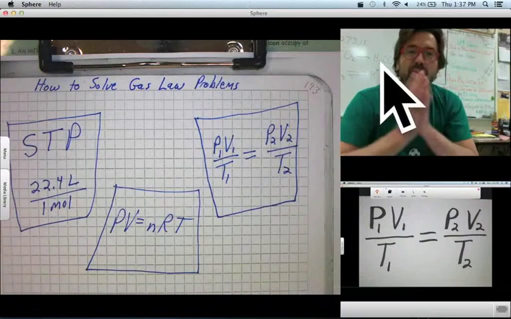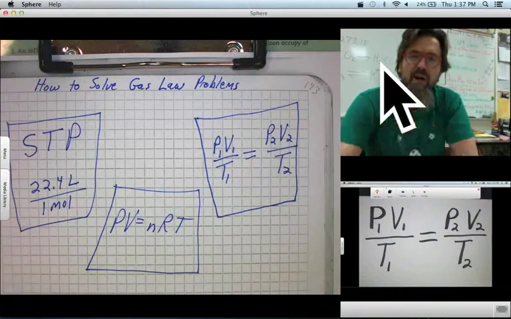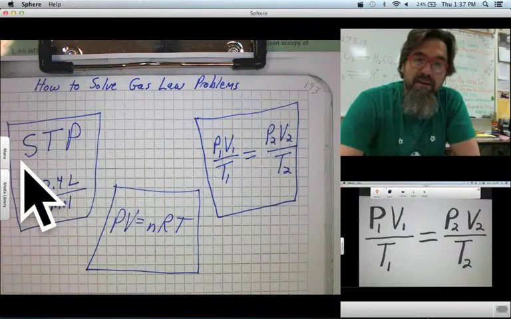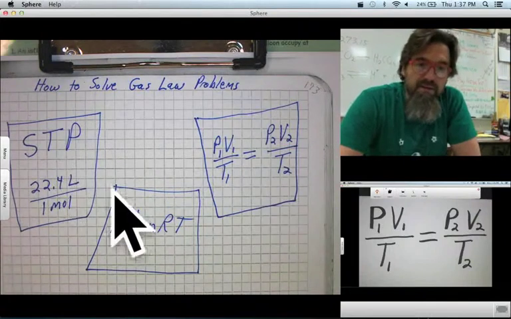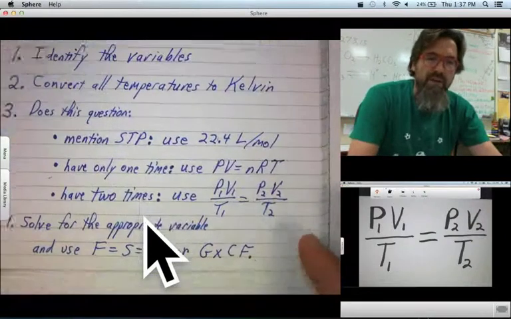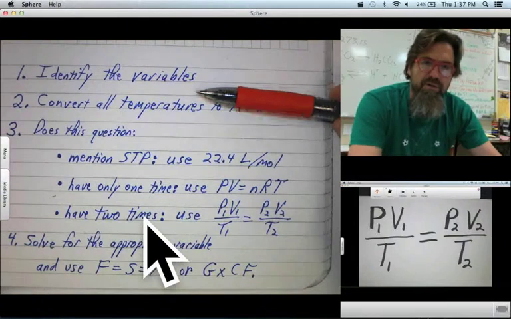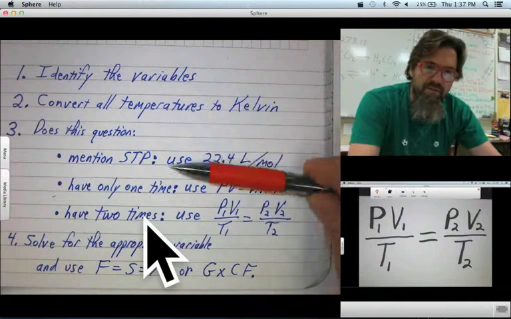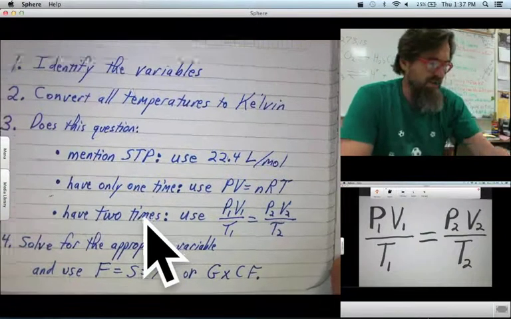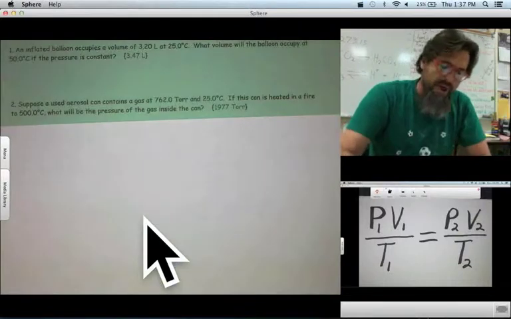Olson. Today we're going to solve a gas law problem using the combined gas law. And here we see some tools for solving gas law problems, and we're going to follow the method we outlined in our notes: identify the variables, convert to Kelvin, and then figure out what equation to use and use formula equals substitute equals answer. So this is problem 2, and